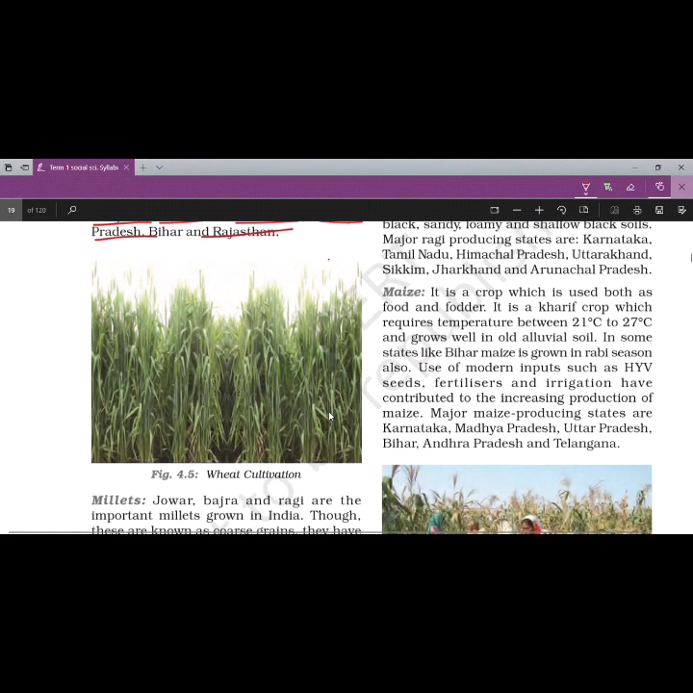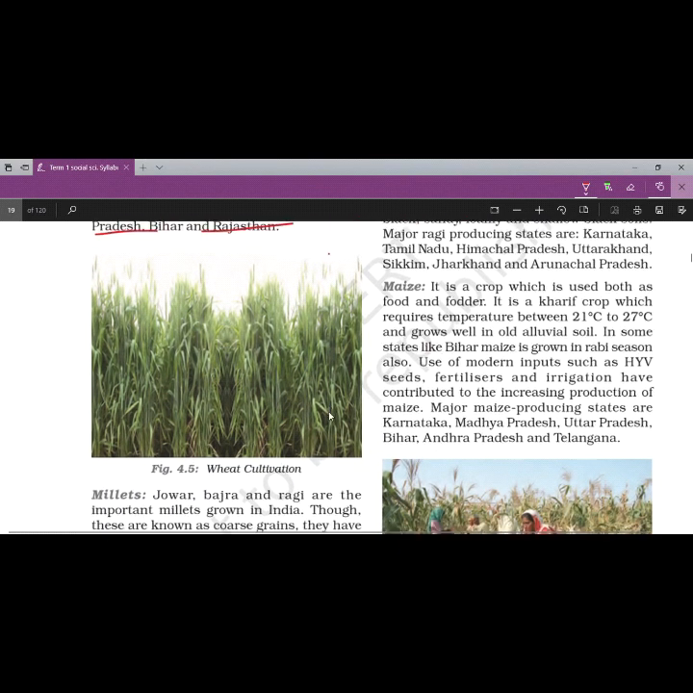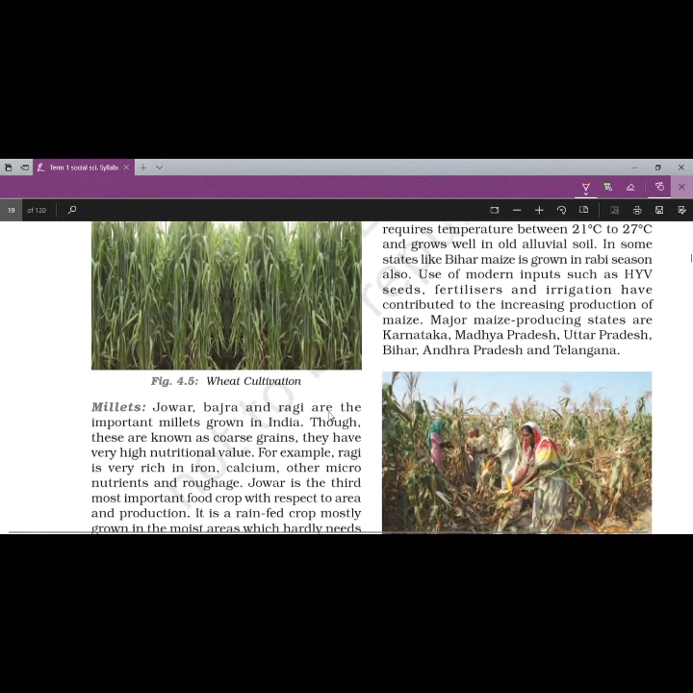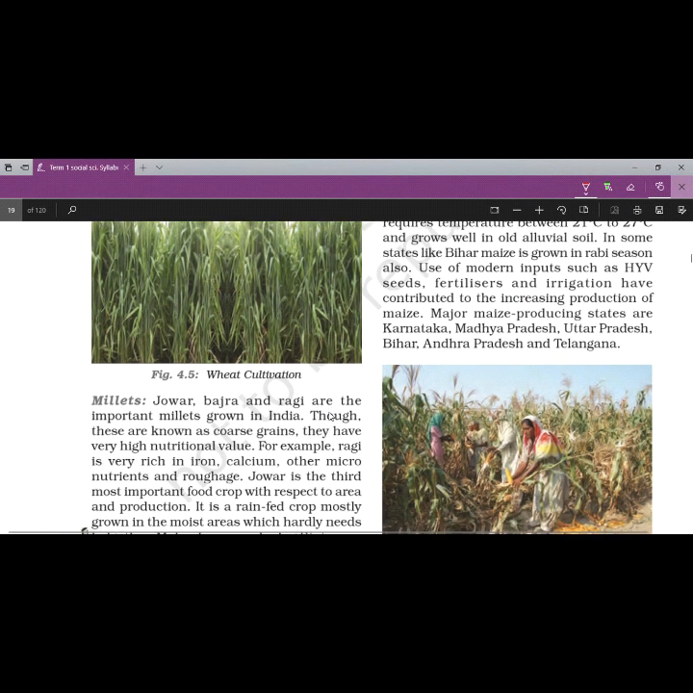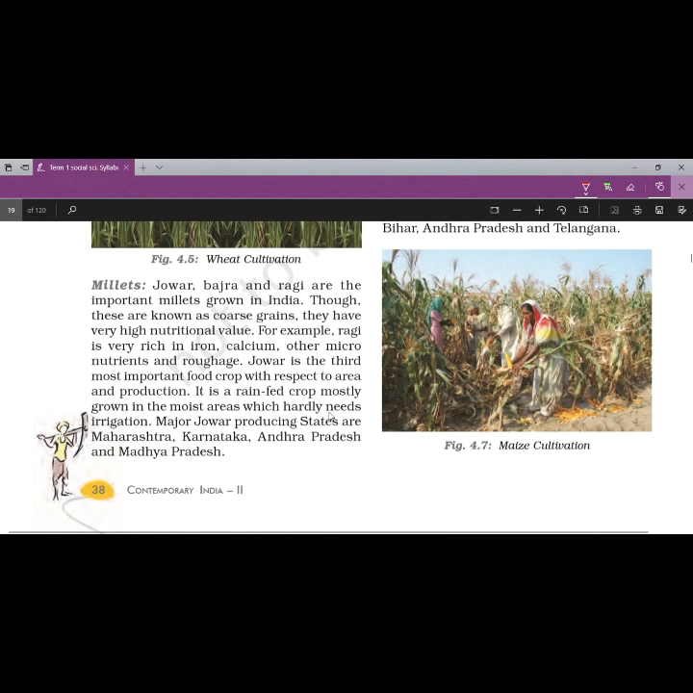Then we have millets. Whether it is included in map work or not, let me assure you, don't leave the map work. Some students were asking if they can leave the map work because they are scared of the map. I don't know why they are scared. Now it's in MCQ form,